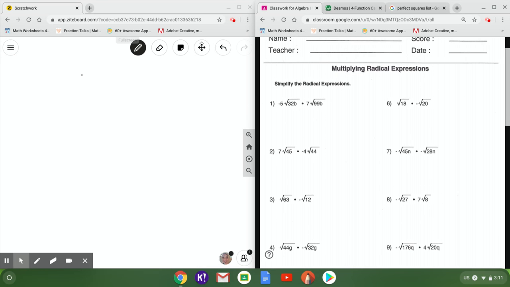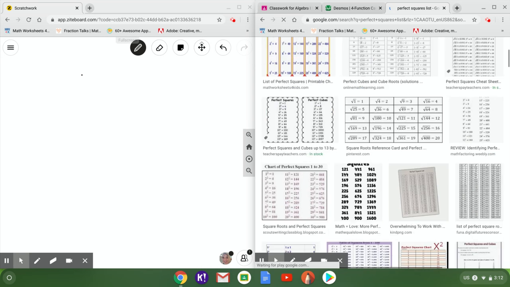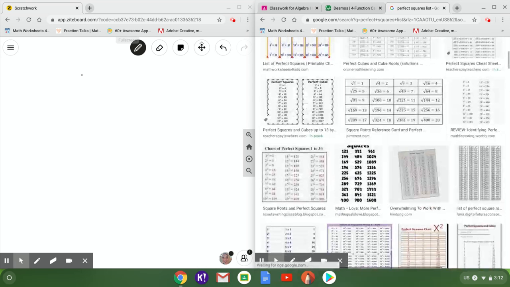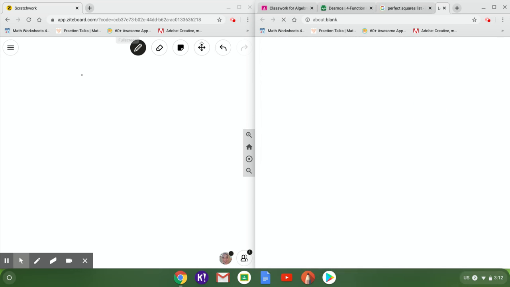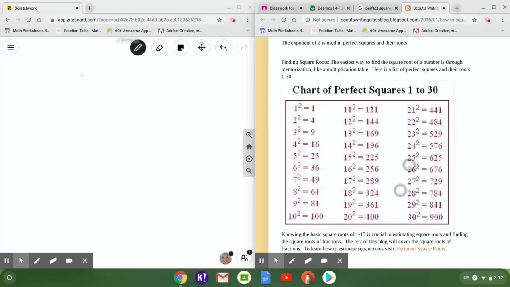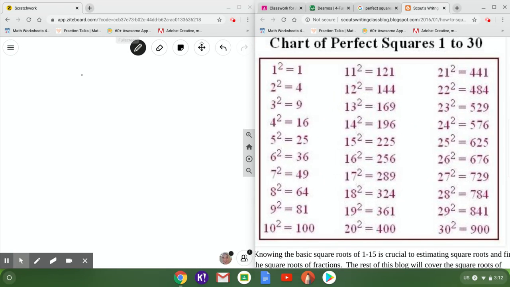So what I did was I just Googled perfect squares, looked at the images, and pulled up a list that looks like it'll be helpful. This one has it from 1 through 30, so I'm going to go ahead and use that list. I'm just going to keep this up because it's going to be useful. These are the numbers you want to use. So going back to the worksheet,